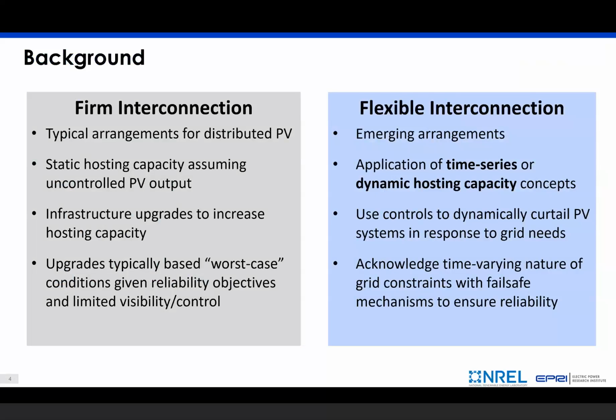We'll be focusing on solar PV today, but DER output during grid-constrained periods of time, and that really enables greater amounts of DER to be interconnected to the grid without necessarily requiring an upgrade or associated mitigation to interconnect that DER. But it also changes the economic equation for DER asset owners as well as grid operators. So that's really a starting point, and we'll be delving further into the definition of the concept of flexible interconnection, as well as talking through its mechanics throughout the course of this webcast.